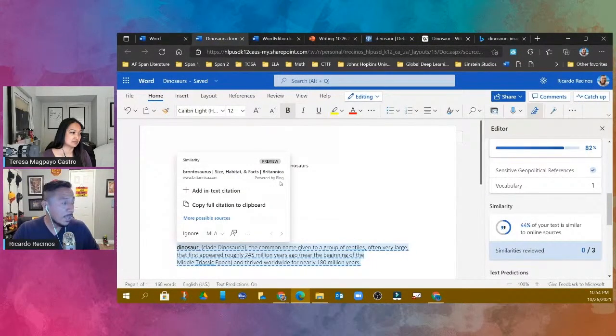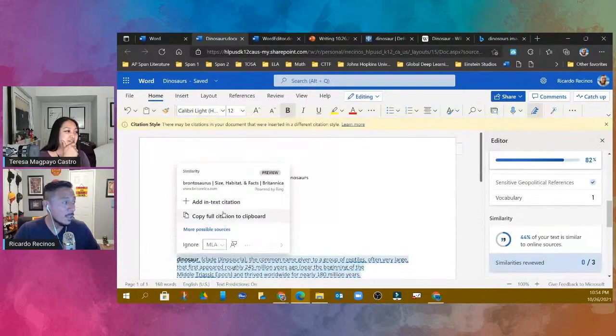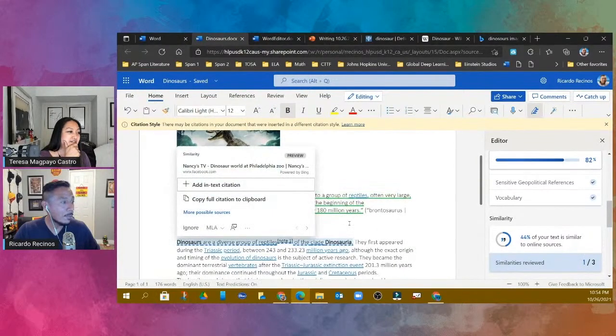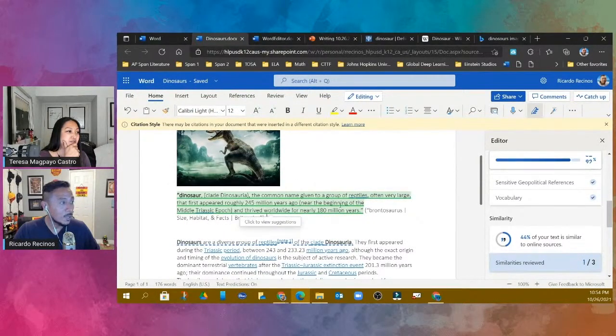It's going to use Bing to tell you, but it's going to say, you know what, dude? You took this from Britannica, which I did, right? So notice that you actually have the ability to add in-text citation, and it also gives you the ability to decide what you want to use: MLA, APA, or Chicago. I don't have to do anything. I can come in here and say, you know what? Let's go ahead and add it. And I want you to see what happened. Did you see what happened? It showed it in green, it quoted, and it actually added the citation for me. So now the stuff you borrowed, you could borrow it properly. Correct.